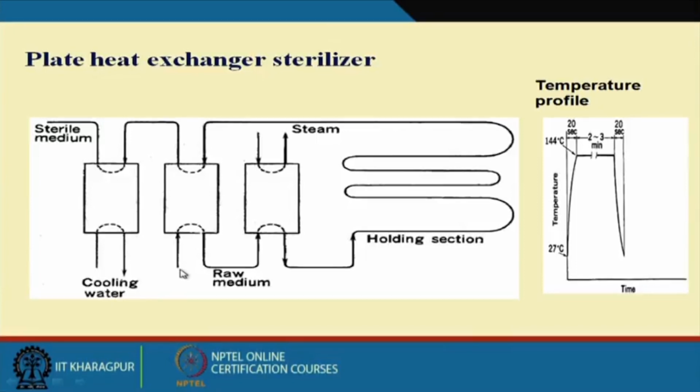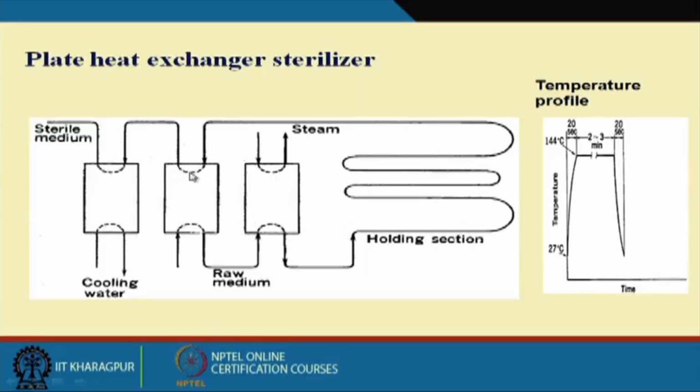I can explain that the raw media is going like this, and it is coming out like this, again going to this is the steam injection, and after going through the holding section, it is... So what I wanted to tell, that here you raise the temperature to 140 degrees centigrade, and then you are keeping in the holding section, you cool it down, and for this steam you are passing through the heat exchanger,